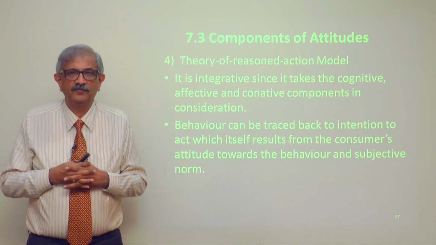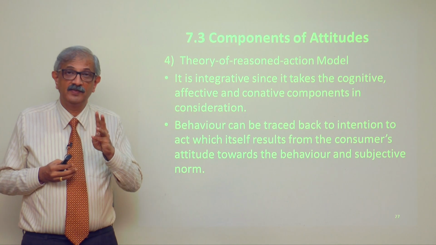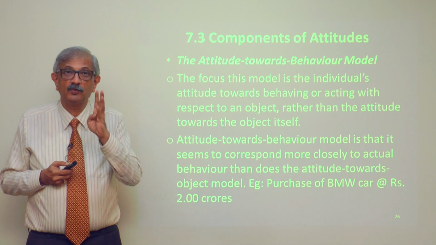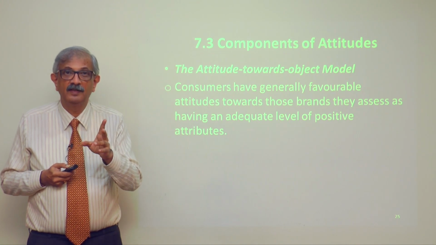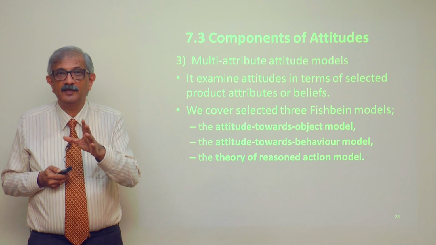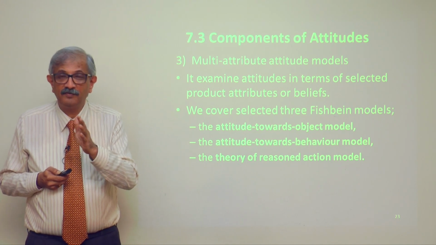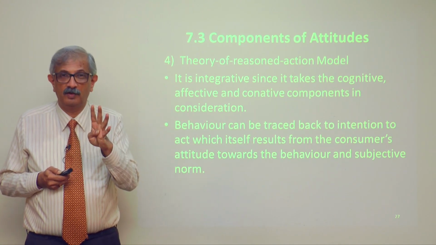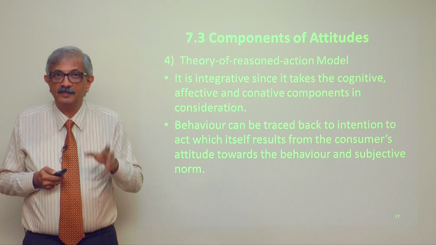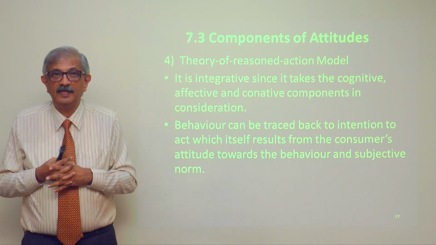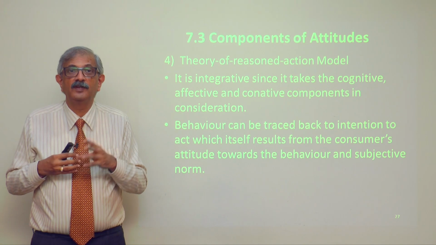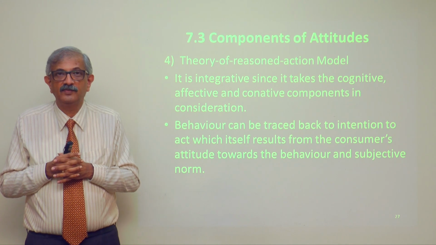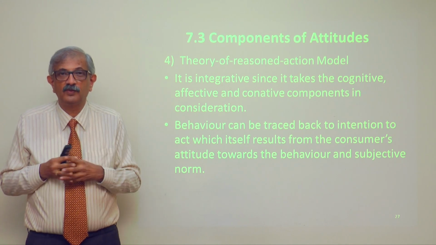Now, friends, we will study this framework called the Theory of Reasoned Action Model. It is given as the fourth model overall under the understanding of attitude, but it is also the third model under the multi-attribute model. If you see, this is where we came. The multi-attribute model has three selected different fishbone models. So, the Theory of Reasoned Action Model is also represented as the fourth framework overall under the understanding of attitude. It is integrative since it takes the cognitive, affective, and conative components into consideration. So this is the model framework which considers the collective of all three components of attitude